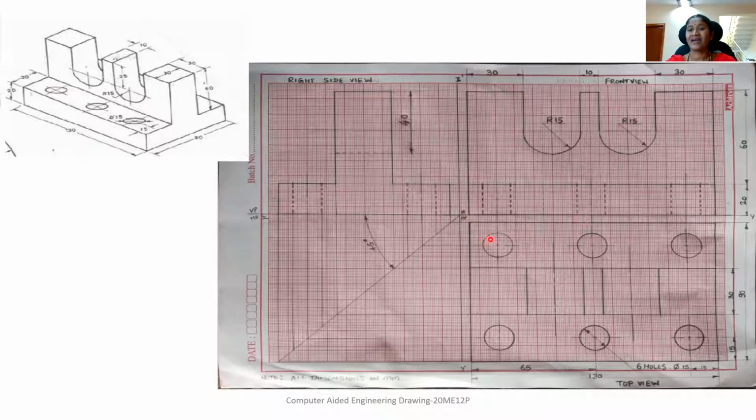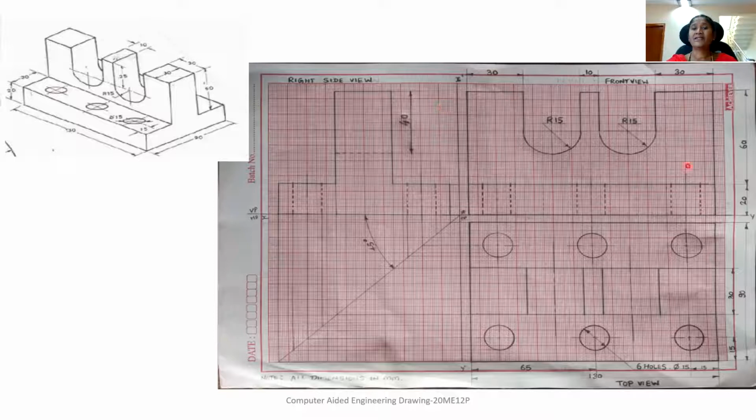In the front view, I have indicated the mounting holes with hidden lines, because if I look from this direction, these holes are not visible, but they have to be shown with hidden lines. This applies to all the 3 holes. These 2 holes will be parallel to each other, one behind the other, so both of them are indicated with a single hidden line. Similarly, all the 3 holes from the top view have been projected to the front view and they are shown with hidden lines since they are not visible in the front view.